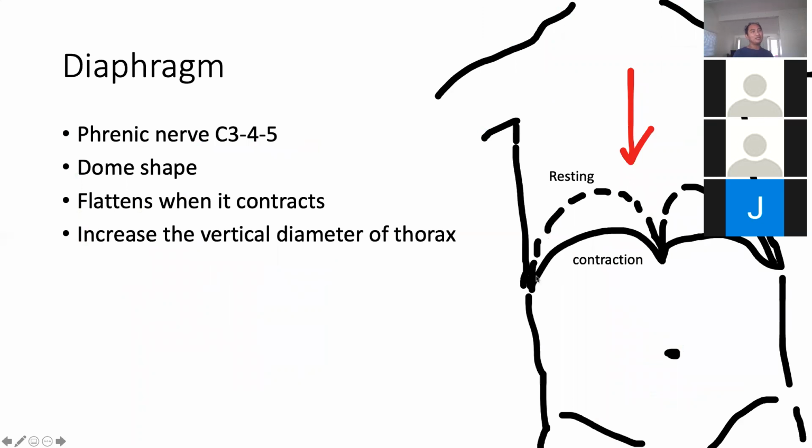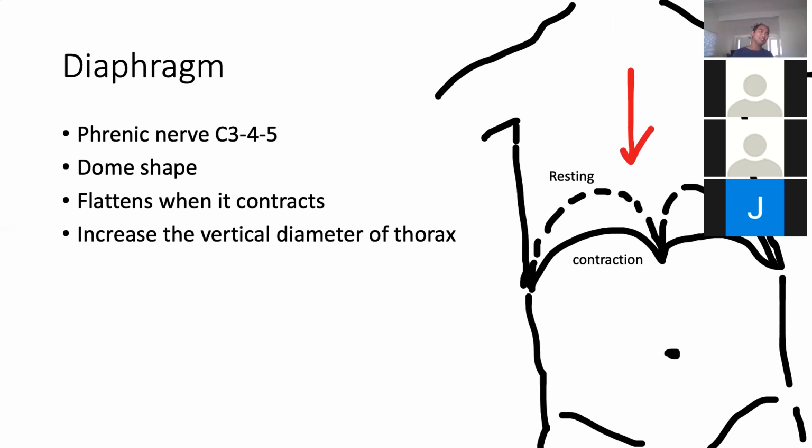So diaphragm here, one, it is in the resting stage. It is like a dome shape, right diaphragm, right hemidiaphragm, left diaphragm, which is left hemidiaphragm. While there is a contraction, the diaphragm will become flattened out, which increases the vertical diameter of the thorax. So during your inspiration, you are trying to expand your thoracic cavity in many different directions, laterally, anterior and posteriorly, and vertically as well. So that's the way we create the negative intrathoracic pressure, and the atmospheric air can